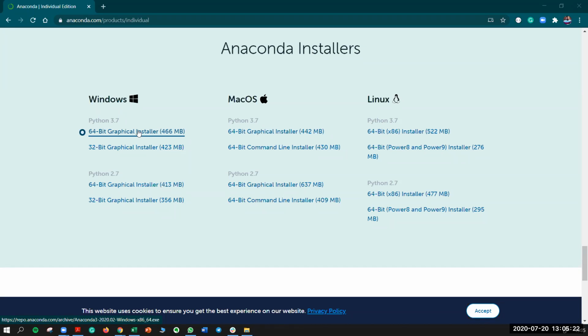So if you are not sure, do you want me to tell you how to find out which bit operating system it is? If anyone needs, just let me know. I'll walk you through that. Yes, sir, we need, sir. Yeah. So go to your PC, this PC, go to start. Go to my computer, I mean this PC.